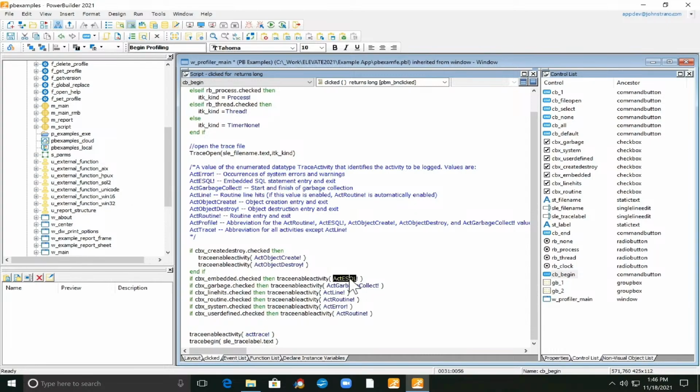It can be embedded SQL, it can be garbage collection, line detail, routine signatures, as well as errors of different types, etc. And again, this is going to be a pure PowerScript approach, and I recommend you consider this strongly. It has served me well, especially with my most recent project.